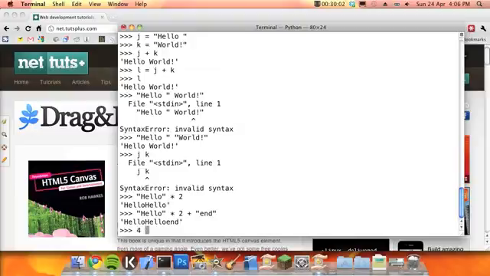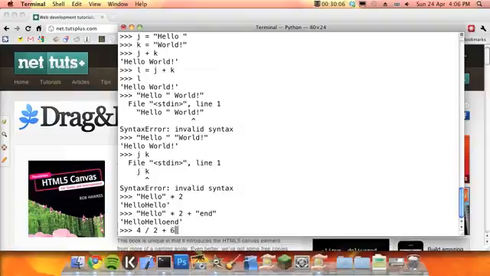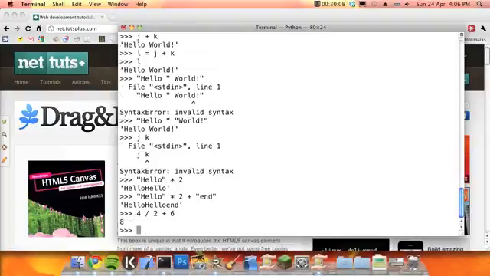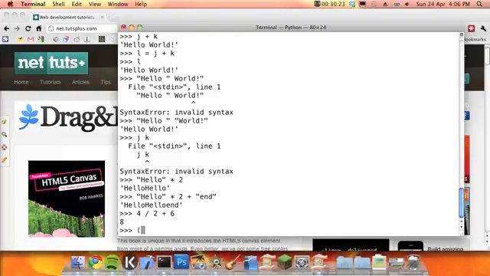So 4 divided by 2 plus 6. And then we will get 2, and then it'll add 6 to it, and we'll get 8. So you can put as many as you want on one line. You can also use brackets like you would in regular maths if you wanted to separate them in a certain way. So you could do